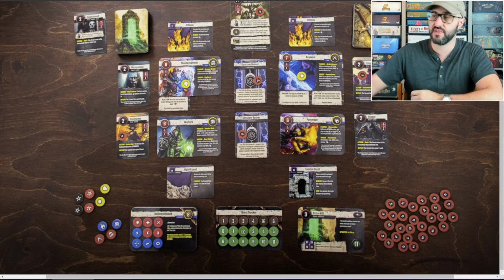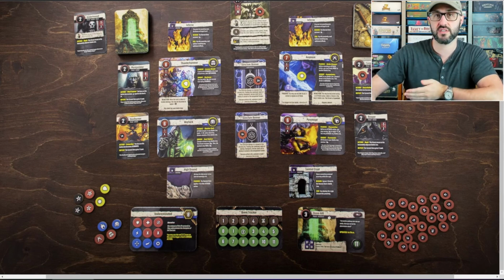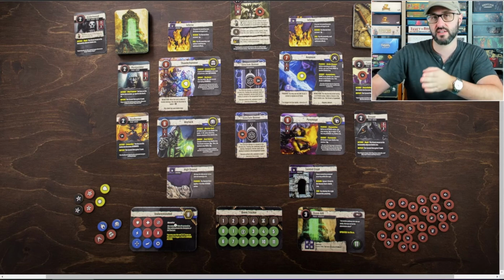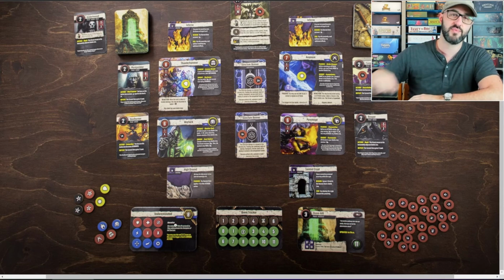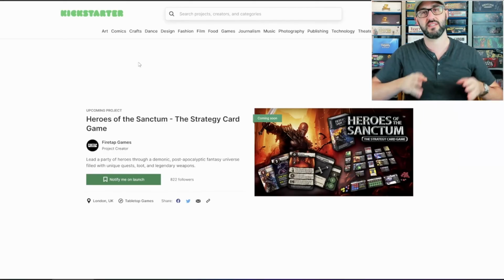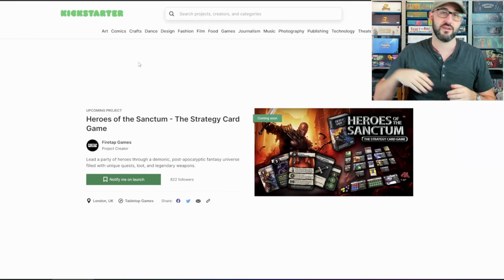Finally, you move into the region phase. Just follow any instructions on the region card in order to set up the next round. And then you're going to be discarding the action card that you had in the previous round and putting a new one into play. The game continues like this until either the heroes have completed the objectives of that quest or until the